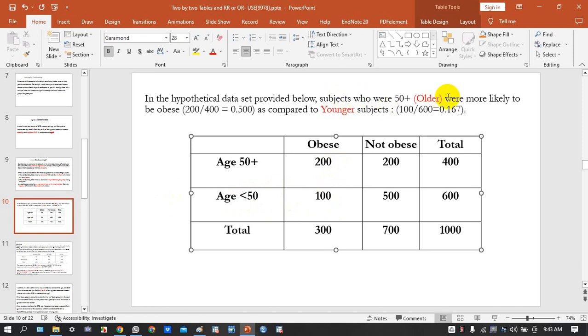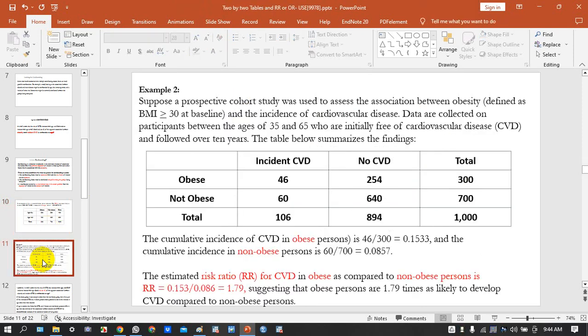So when we calculate the odds ratio, the odds of becoming obese were the relative risk of becoming, or the incidence of obesity in the younger participants or subjects was 200 over 200 plus 200, or 200 over 400, being the incidence of obesity in cases. That's 200 over 400, giving us 12.5. The incidence of obesity in controls, that is 100 over 500, being 0.167. So when we calculate the odds ratio, we are supposed to get